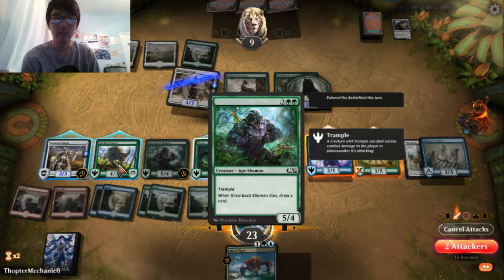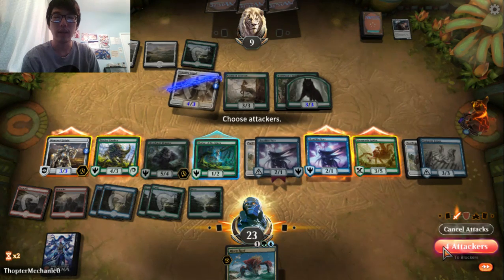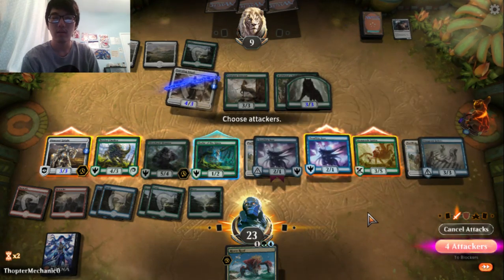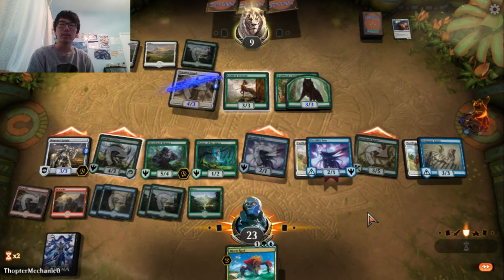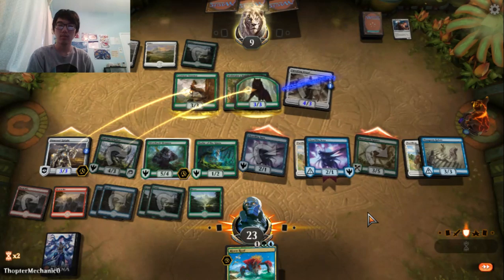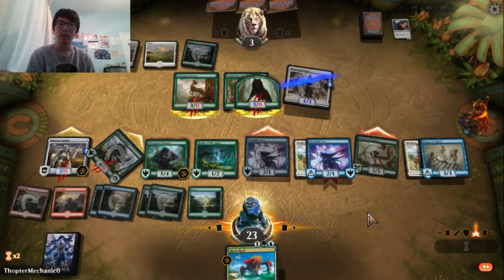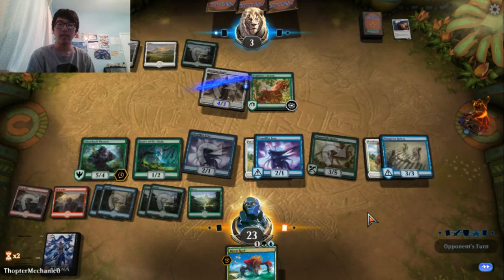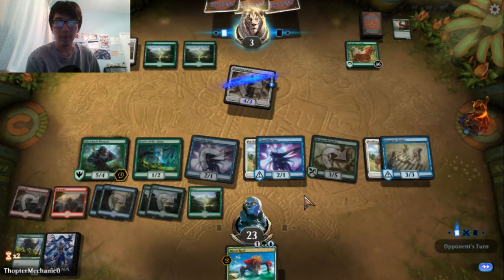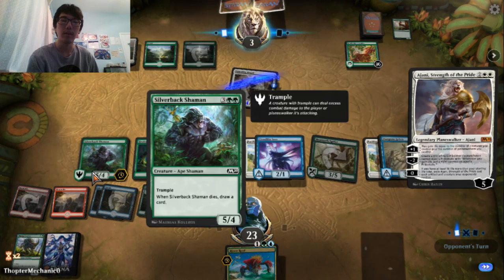Sure, I just attack with everything. Like, they have one white. I don't believe there are any pump spells. And then, if they don't block this, then they die. So they have to block 2 things? Yeah, they have to block 2 things. So then, there are 3. I have my Silverback Shaman, Ape. I have a Shaman, which also has Trample, so even if they play a weak blocker...